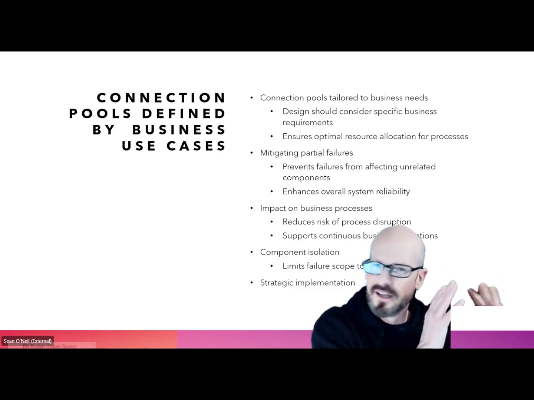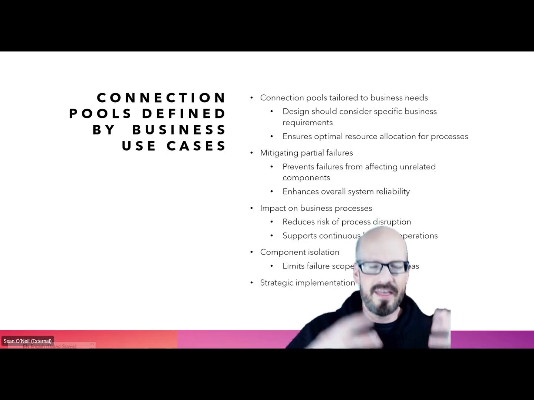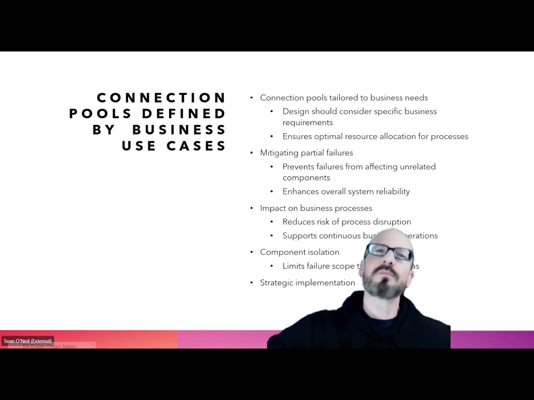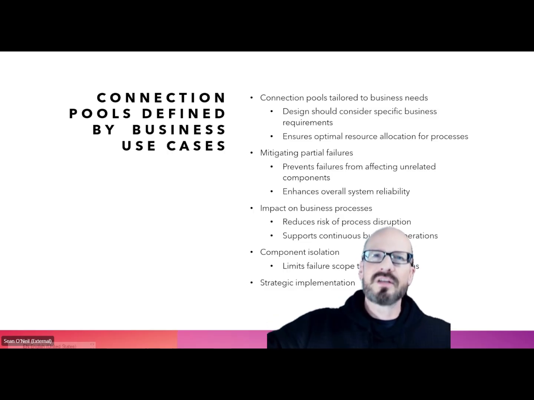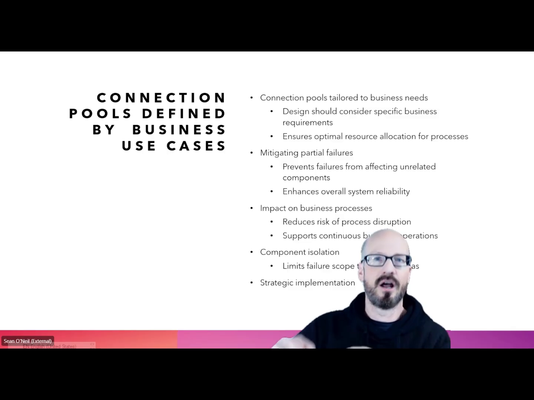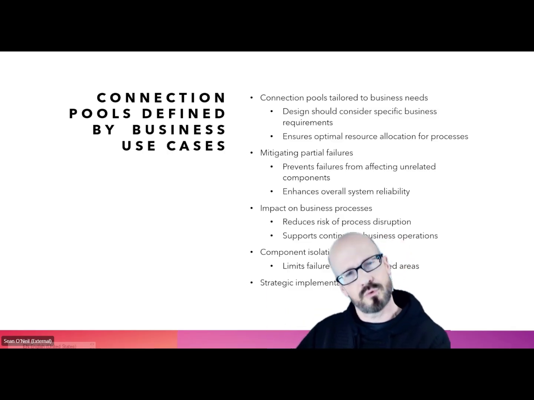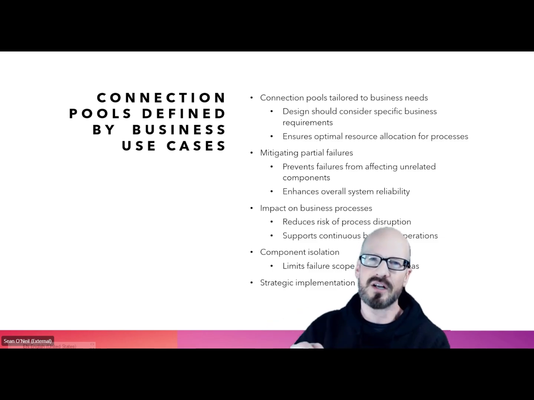Once again, go back to that very first episode in this series where we talk about vital business functions, and then think about all of the communication pathways throughout your systems and into even your external and partner systems, and see, are there areas where you can set up duplicate or even multiple connection pools, and define those connection pools by the vital business function in order to give isolation between things that matter and things that are a lower priority.